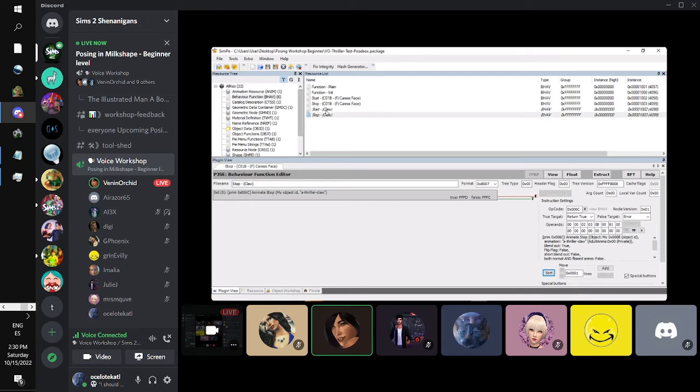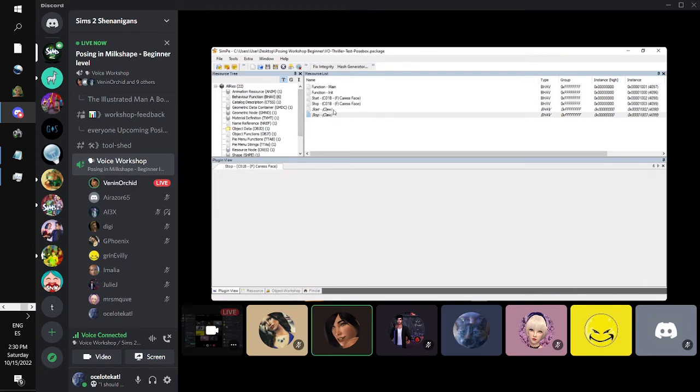Now, when you go back, leave the first one as is. It says operand 02FF, just leave it as is. But with the second one,